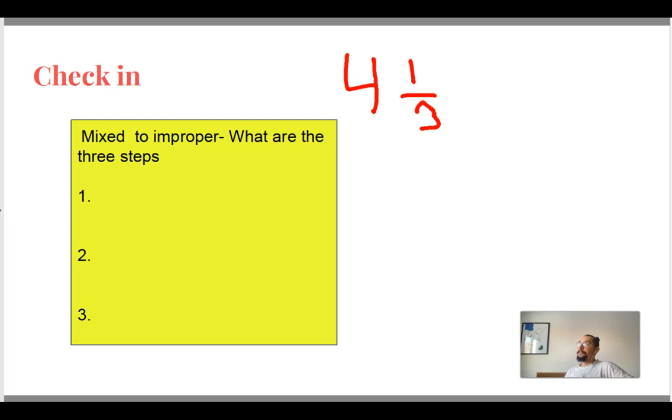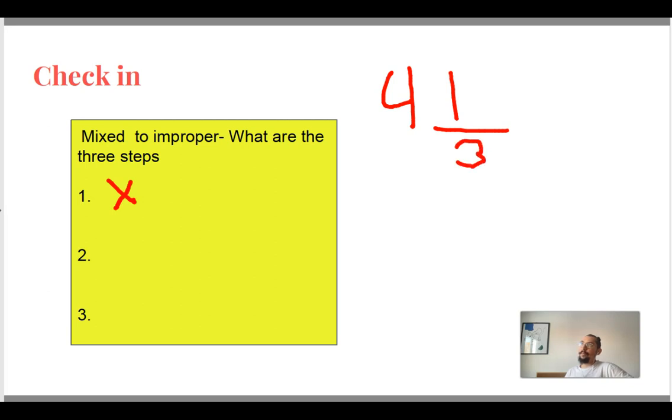Okay, so the first thing to do, to be able to convert this mixed fraction into an improper one, is that we need to multiply 4 times 3, correct? So you're gonna put the multiplication sign. Okay, so that is the thing that you need to do first. Multiply, because you're gonna multiply 4 times 3. The answer, the multiplication answer, so you're gonna write